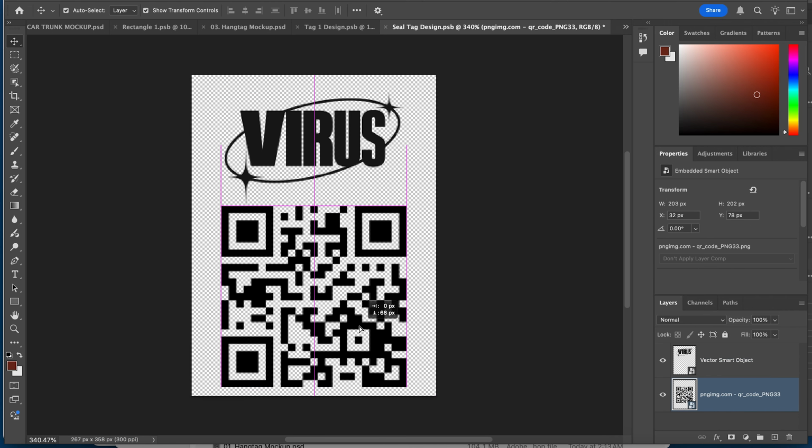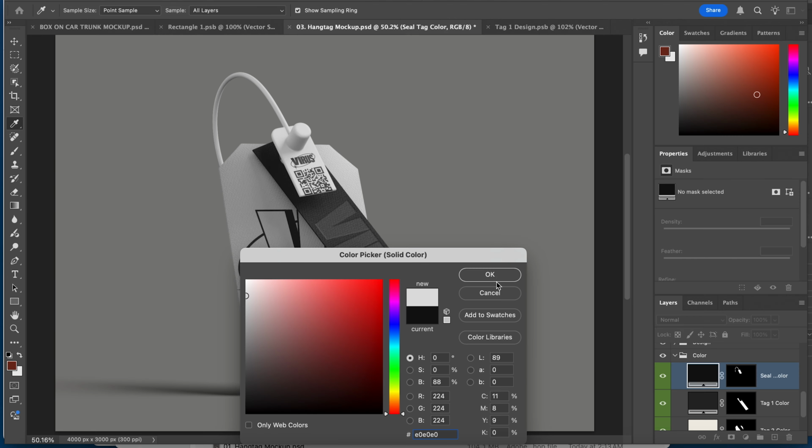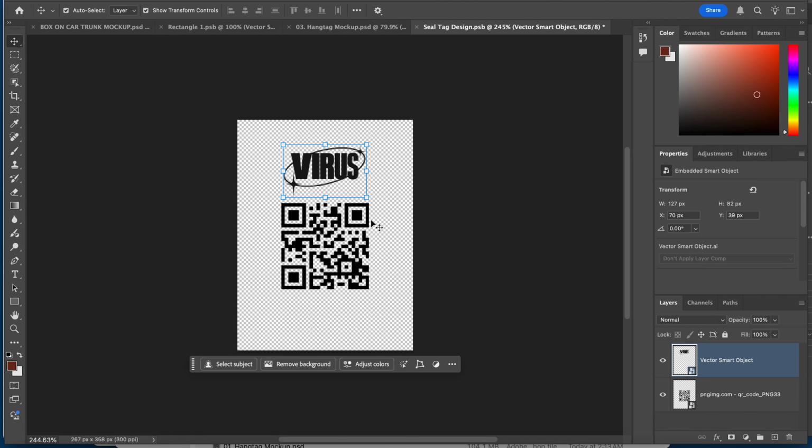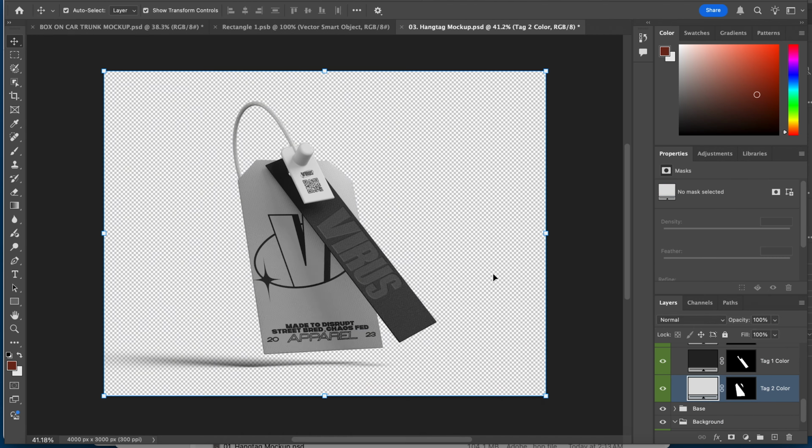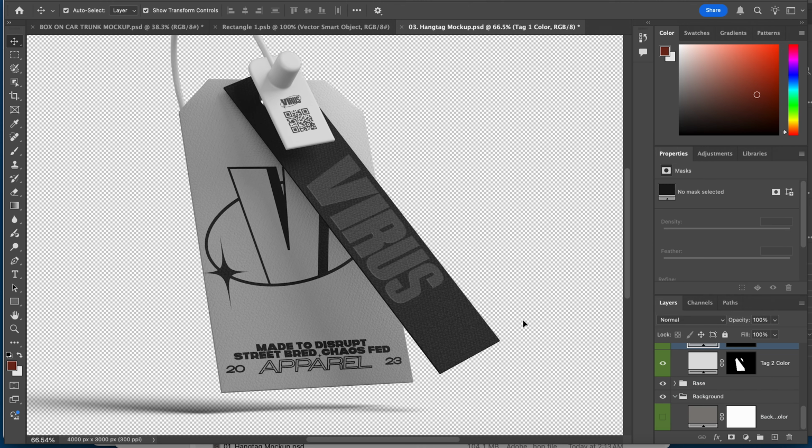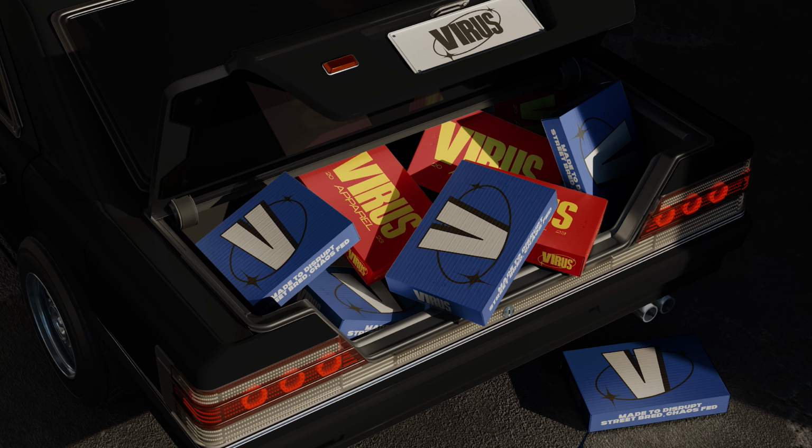Then I added the primary logo to the smaller flap and used the full logo mark with the orbiting stars on the mini tag along with the placeholder QR code. And just to wrap it all up, I changed the colors to match the brand palette using the off-white and black combination. After going through the whole design process, here are the final results.